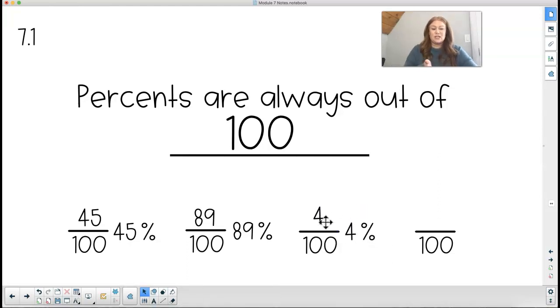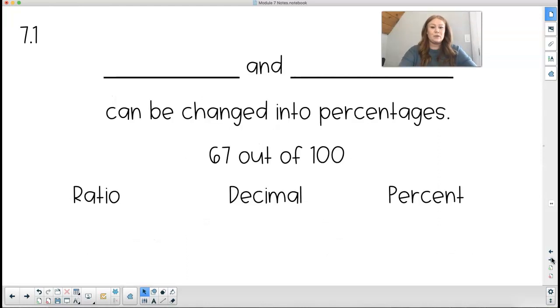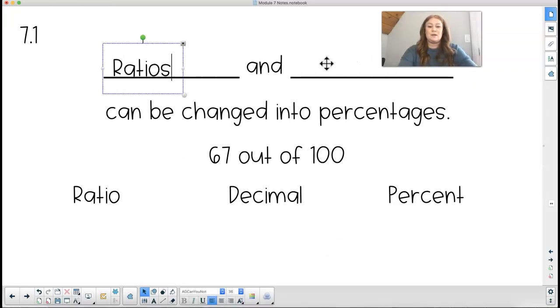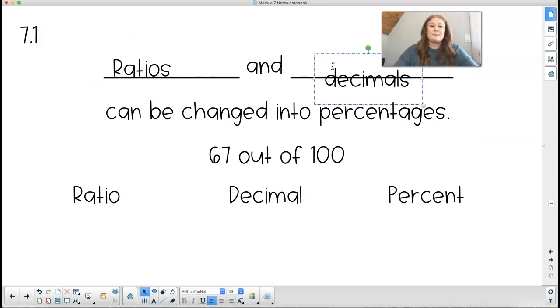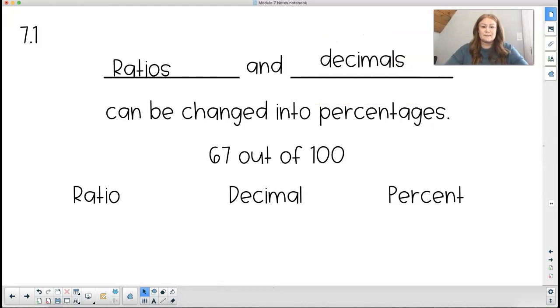So it's out of 100, this number transfers over to our percent. So I want you to write one here and then show me what the percent would be. We can take ratios and we can also take decimals, and we can turn both of those into percentages. And a ratio is really just a fraction. We can write a ratio as a fraction, 5 out of 7, 5 over 7,